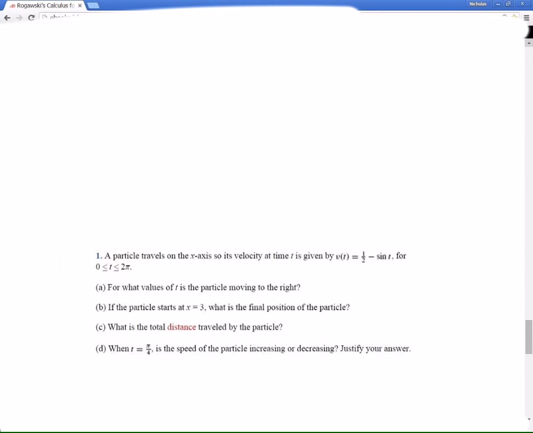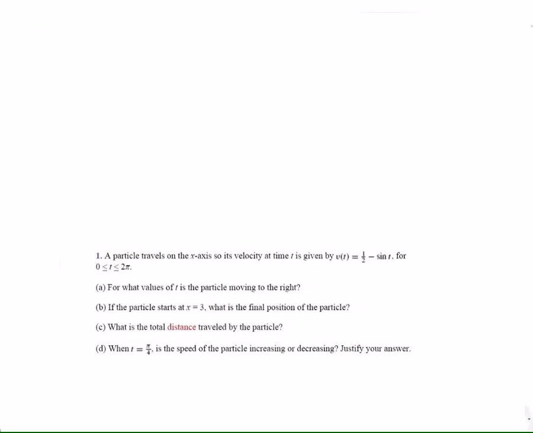Okay, so here's number one. Number one out of your practice FRQs. Okay, this says a particle travels on an x-axis, so its velocity at time t is given by this for this interval. Okay, now before I go on, I want to make sure we understand the problem and what's happening